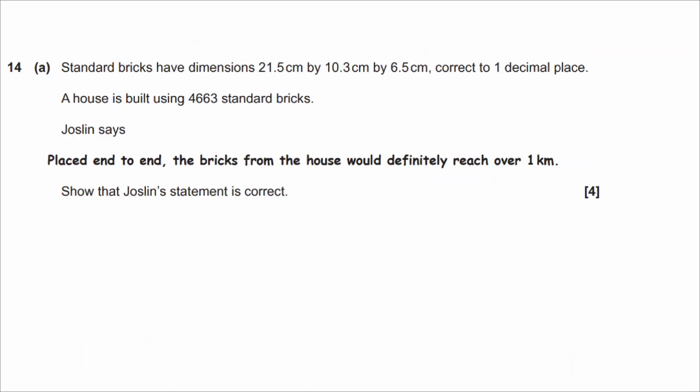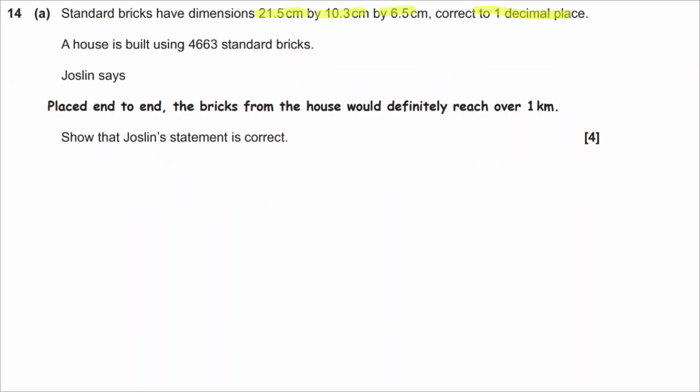And again, when I look at this, I'm thinking bounds straight away because you're getting this rounding to one decimal place. Anyway, the question is saying, standard bricks have dimensions 21.5 by 10.3 by 6.5 correct to one decimal place. A house is built using 4,663 of these bricks. Jocelyn says, placed end to end, the bricks from the house to the wall would definitely reach over 125. Show that Jocelyn's statement is correct. Now, for this to definitely be over 1 kilometre,